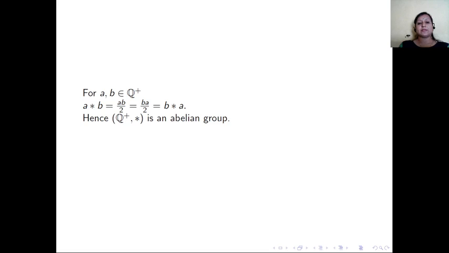So a non-empty set G with binary operation star. Remember here, star is a binary operation, so that itself is one more property. Satisfying the properties associativity, existence of identity element and existence of inverse element is called as a group. Then this group is called as abelian group if the defined binary operation is commutative in G. So that's what we have studied to this.